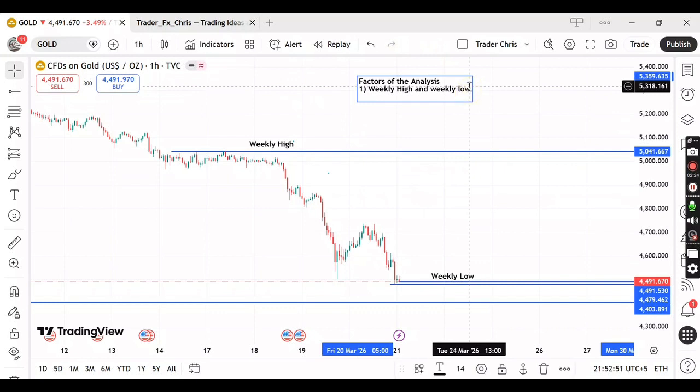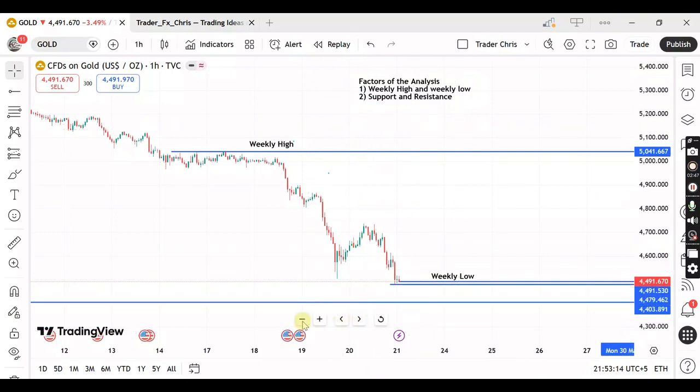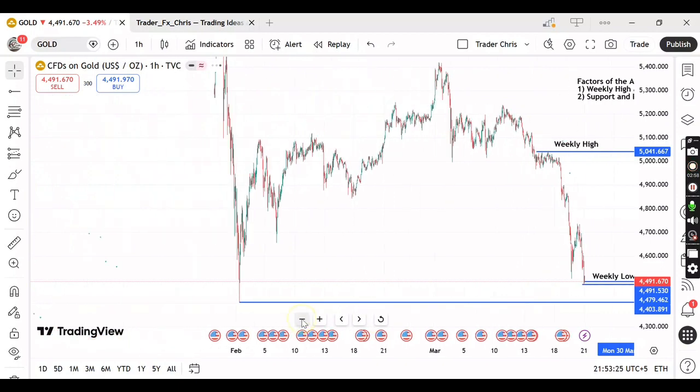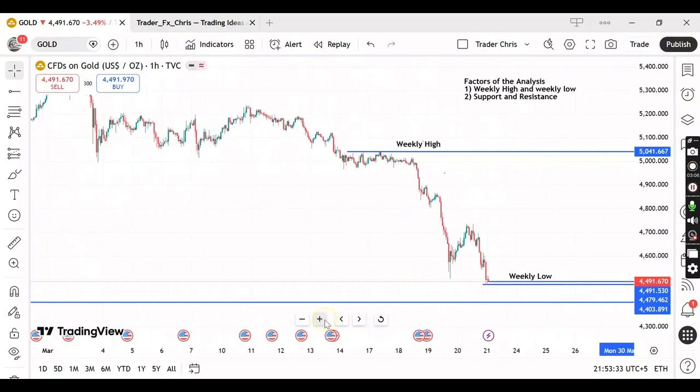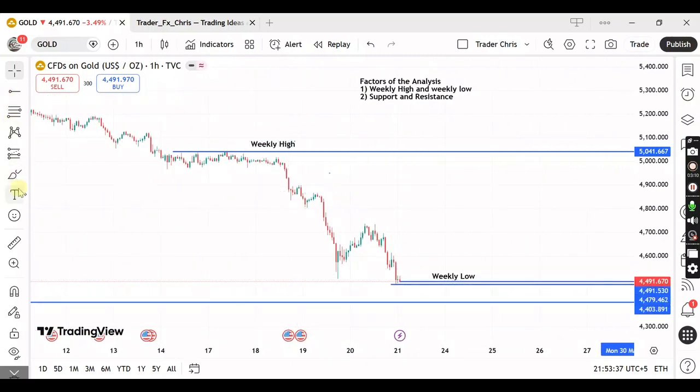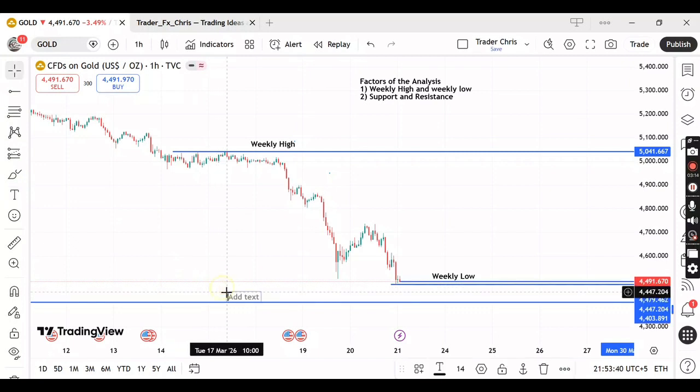which is the most important thing in the analysis, and they have a very important role in the gold market for technical analysis. So here we will see support and resistance. Let's see what the previous low and the nearest low are. That area will be considered for the support area. In this video we see that this area is the very nearest to the price, so it will be considered the support area.